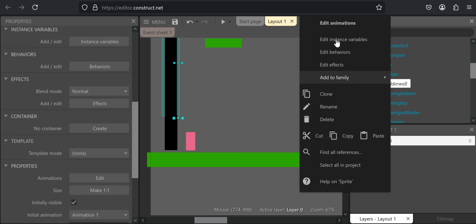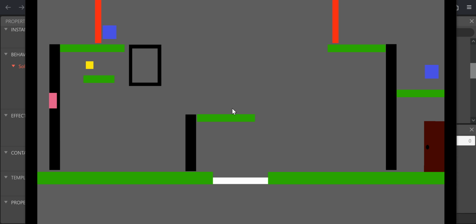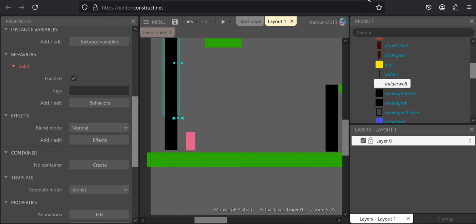click ladder wall here, right click behaviors. So what we're going to do is make that a solid, so our player cannot pass through that. There is no visible image set, so it should not show up on screen. And now we have regular controls, we have ladder controls, and we cannot move off of the ladder no matter how hard we try. Now, one thing to keep in mind, depending on where your mask box is on your